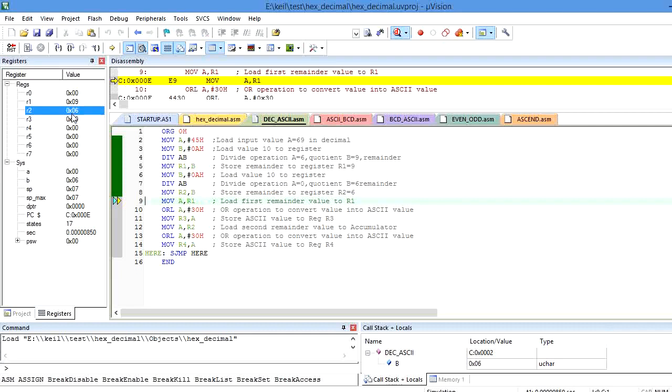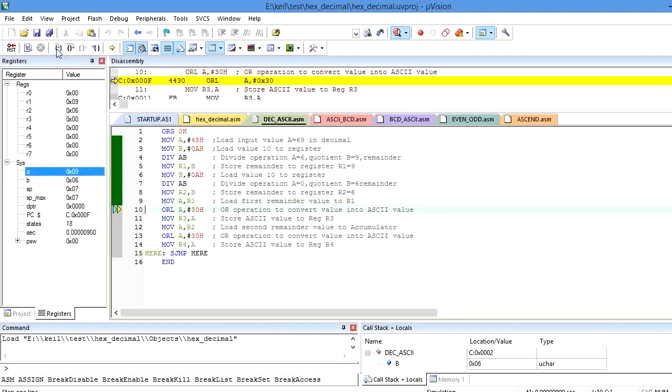And next I will copy the first remainder, which is stored in the R1 register, to the accumulator in order to convert the decimal into ASCII value, by using the instruction move A, R1. So here I am copying the first digit of the decimal to the accumulator. I will perform the logical OR operation with 30H. Whenever I perform the logical OR operation with 30H on the content of the accumulator, it will convert into ASCII value.